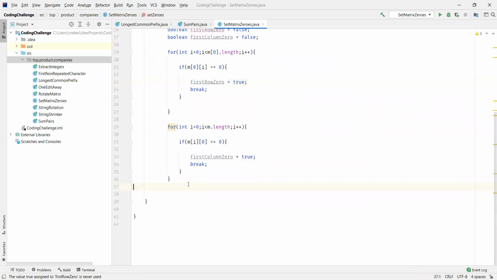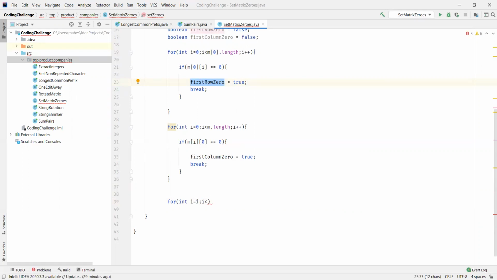if these values are true, right? Once we are done with this, according to the algorithm, the first thing we discussed is that we wanted to mark the first row and the corresponding first column to 0 whenever we find an element as 0, right? I'm going to start my index for the rows with 1, as we already had flags for the first row and first column.